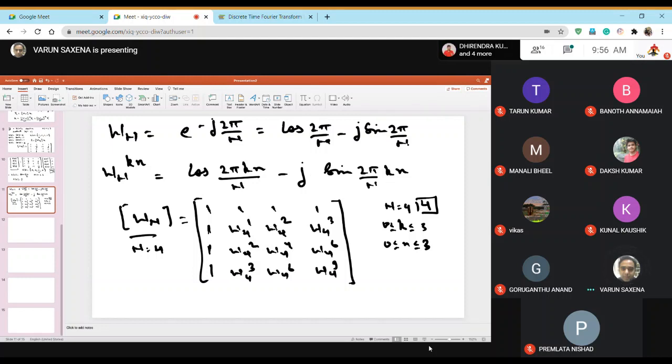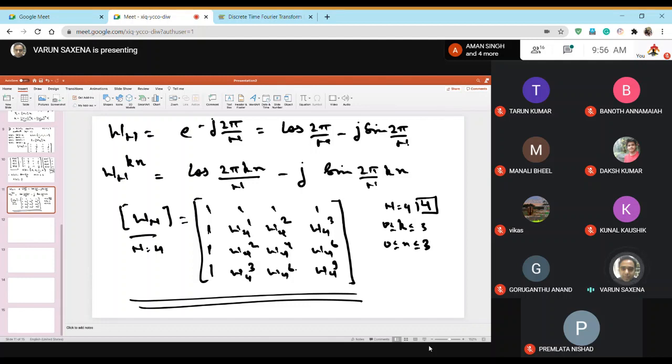You will see that if your sequence is of 4 samples, then this matrix does not change. K will vary from 0 to 3 and n will also vary from 0 to 3, so the maximum value of k is 3 and the maximum value of n is 3. You'll get a product of maximum 9, it will not go beyond it. All other values in between give products ranging from 1 to 9, and some of them will be skipped. No matter what sequence is given to you, so long as the sequence is of length 4, the twiddle matrix will not change.